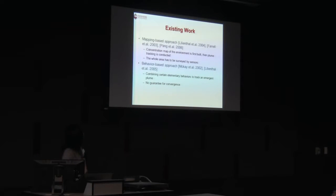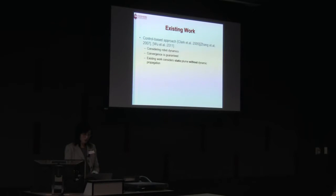In the mapping-based approach, they first use the robot to build a concentration map of the environment and then track the plume. Obviously the whole area has to be surveyed by sensors, and we use a preview map to navigate. The second, behavior-based approach, combines certain elementary behaviors to track a plume. The drawback is no guarantee of convergence. It works in many cases, but on the contrary, control-based methods consider robot dynamics. They have provably correct algorithms that can guarantee convergence, but almost all the existing work considers a static plume without the